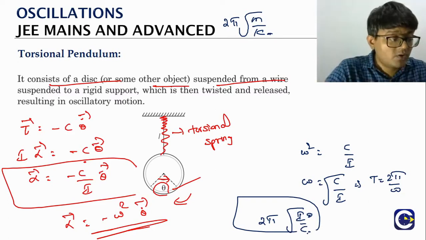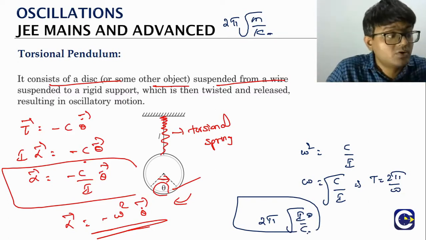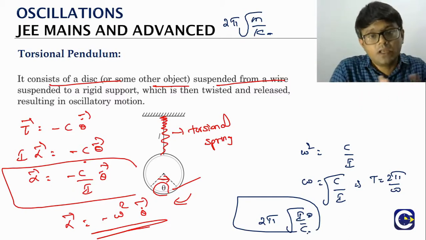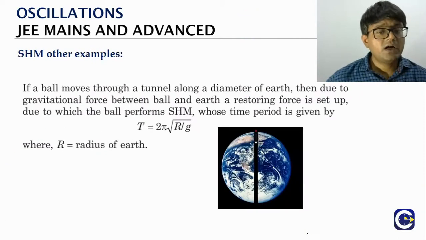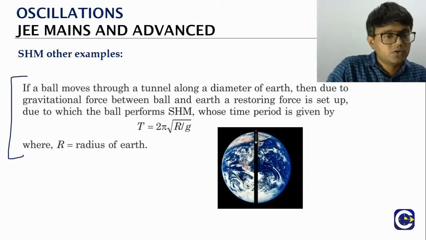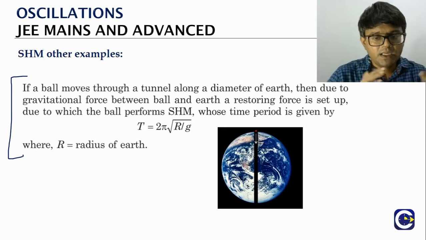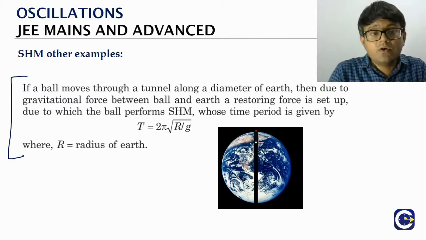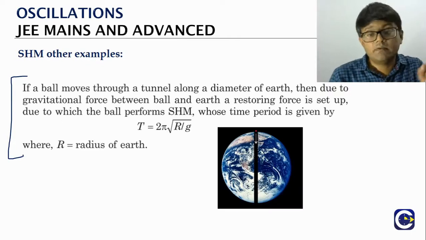Okay, so just make a note of it. We'll see it again when we go to the +2 during the discussion of the moving coil galvanometer. Now we can look at other examples also, but we will not do the derivation of each of these. We'll quickly look at the result and move on. In the detailed video of the chapter, we'll go through each of these derivations also.